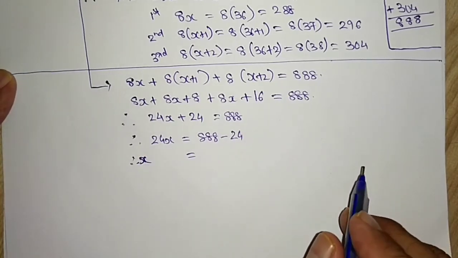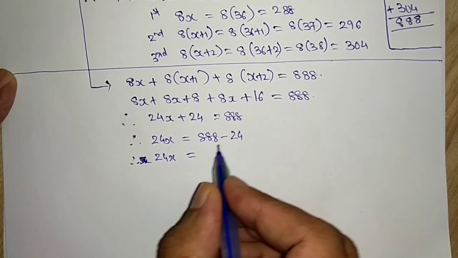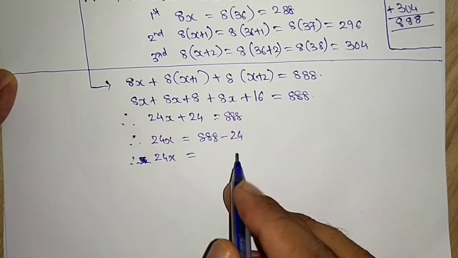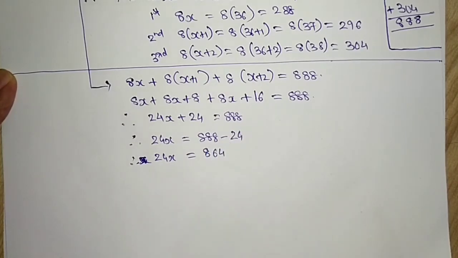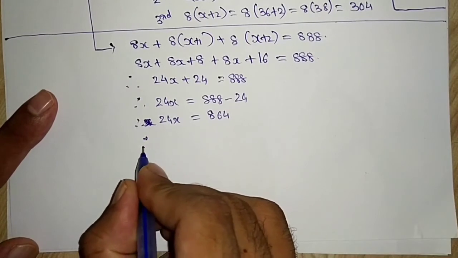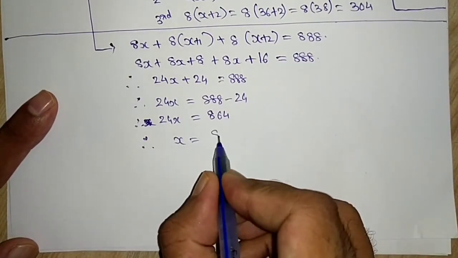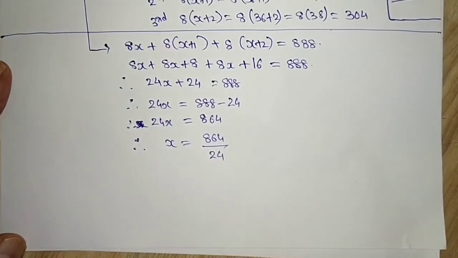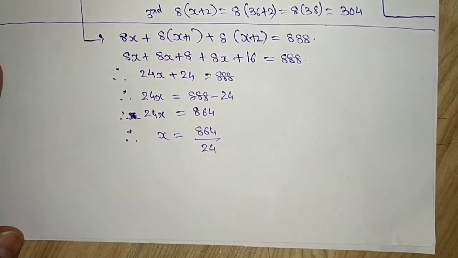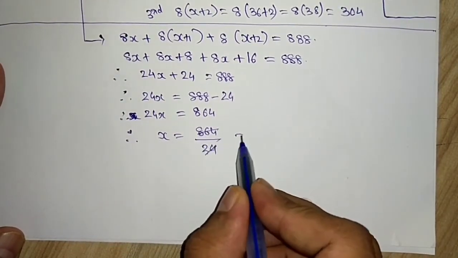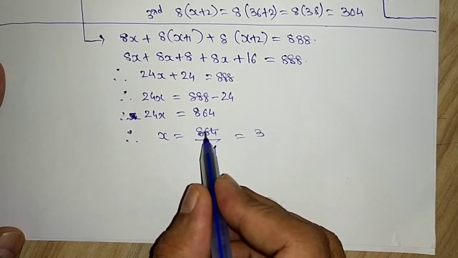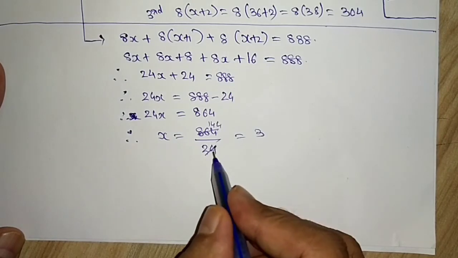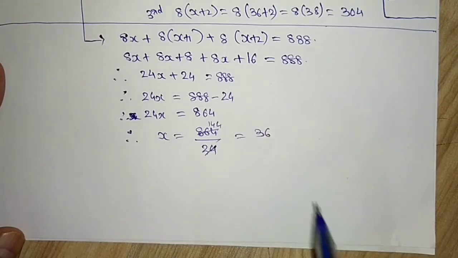Take 24 that side, so it will be minus from 888 and you will get the result. Therefore x is equal to, but let me first solve this. 888 minus 4 is 884 and minus 20 is 864. Now therefore x is equal to 864 upon 24. This is in multiplication, it will go down and will divide. Now on division, you know 24 threes are 72. 86 minus 72 is 14 and this 4 comes down, 144, and 24 sixes are 144.